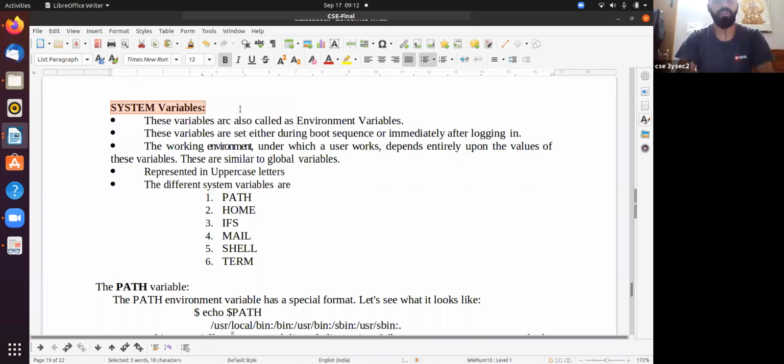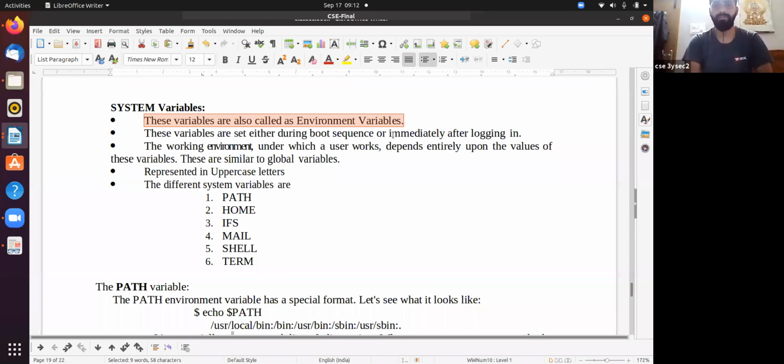These variables are also called environment variables. What does it mean? When the booting process is started, that means when you click the button, during system booting some variables are created automatically.